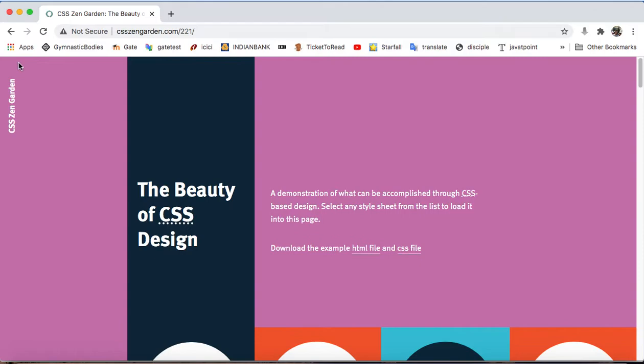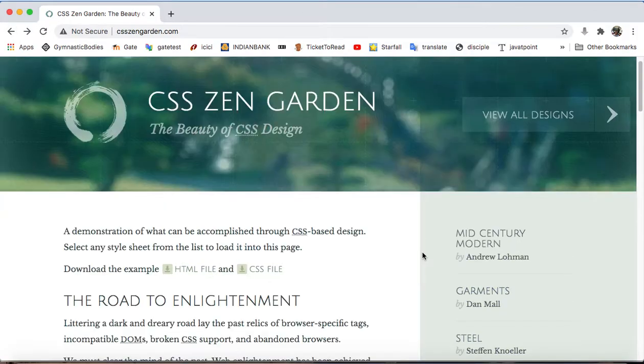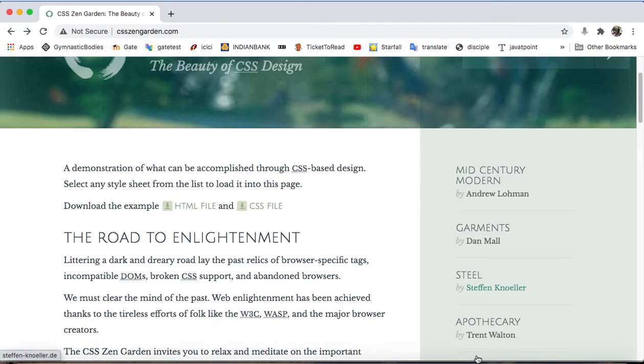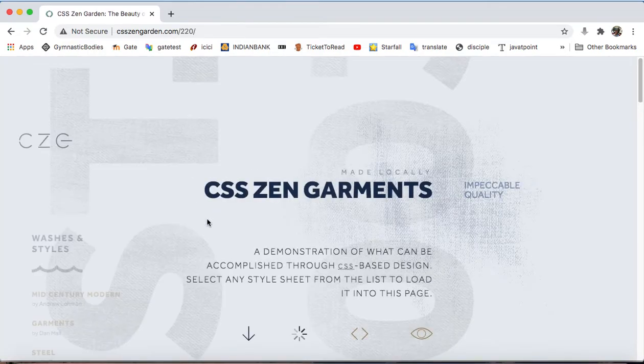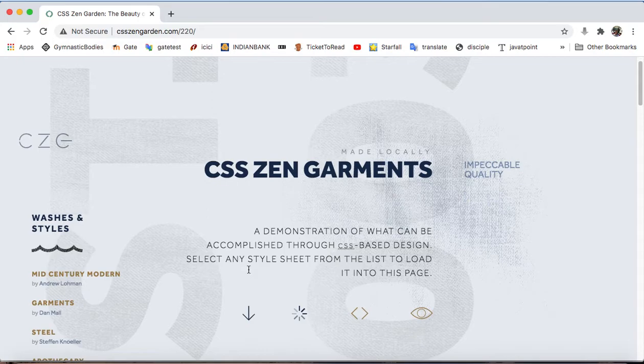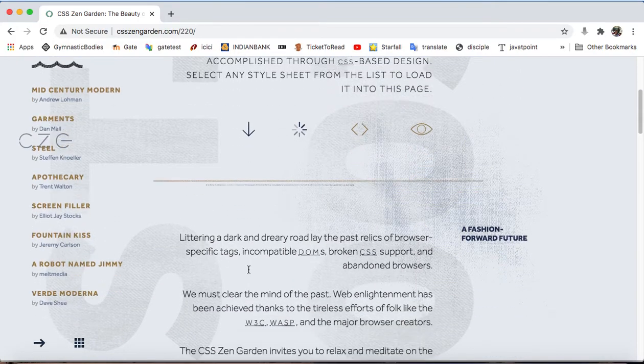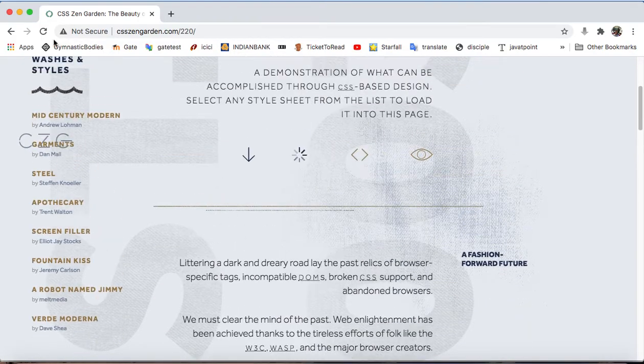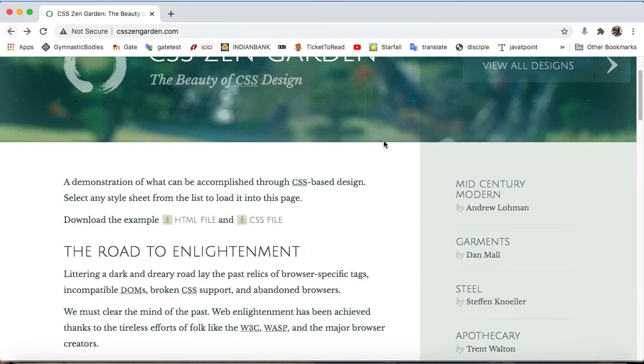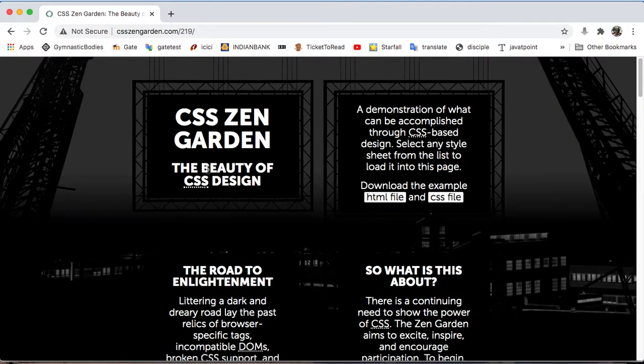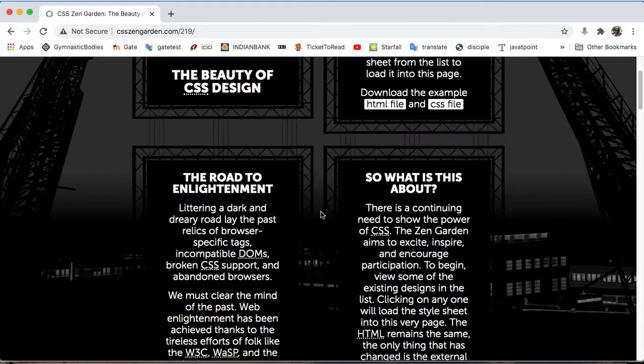I'll take you to a few other styles also, garments. The beauty of CSS design. The content is the same, but the presentation of that content varies from one author to another. CSS Zen Garden, the beauty of CSS design.